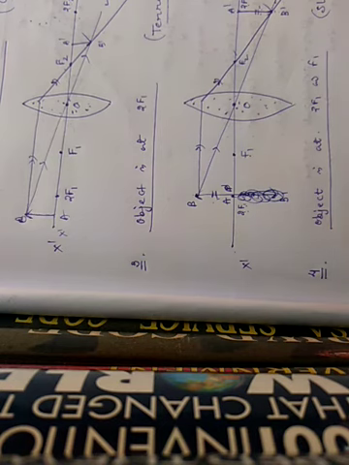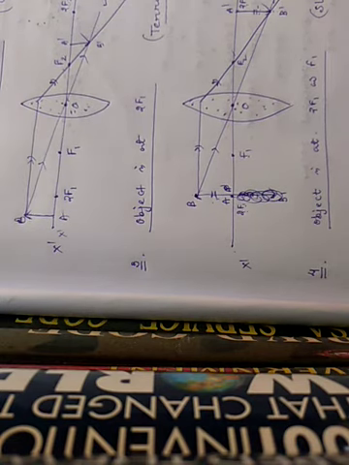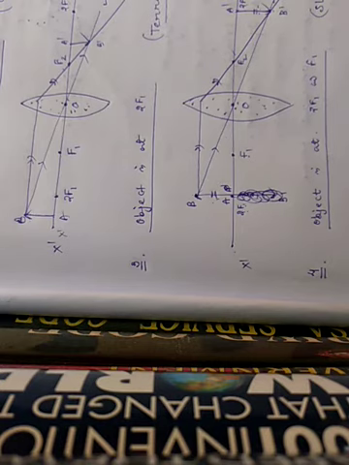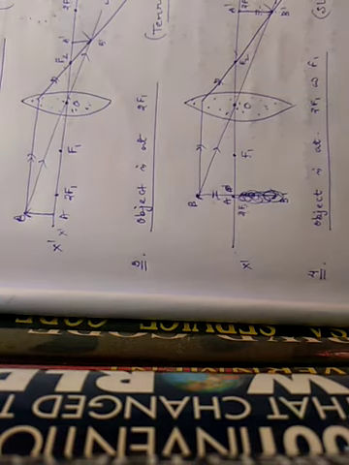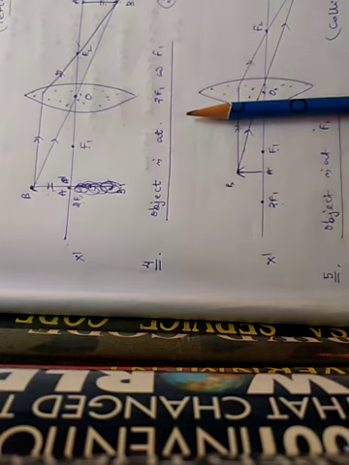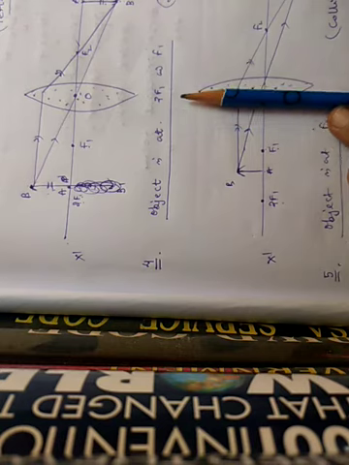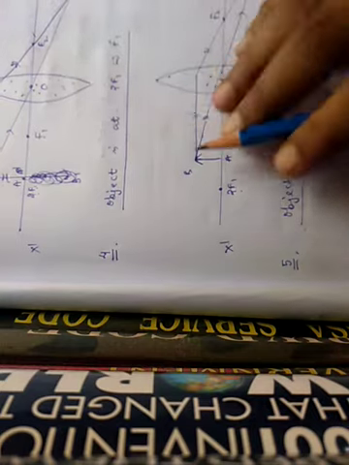Now we will use this in a slide projector. In a slide projector, what happens? This is the slide screen, and your object is kept here, and the lens is here. The slide screen and the lens are at a very far distance from each other. Again I am repeating this diagram as it is not visible to you.